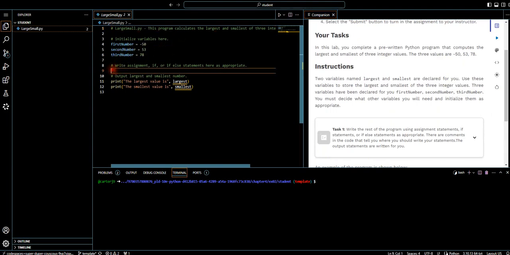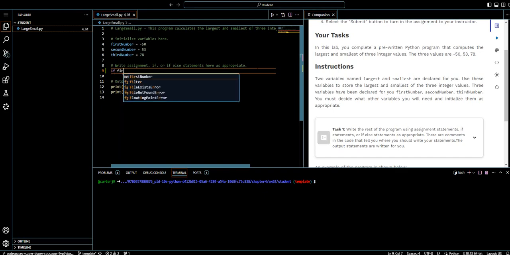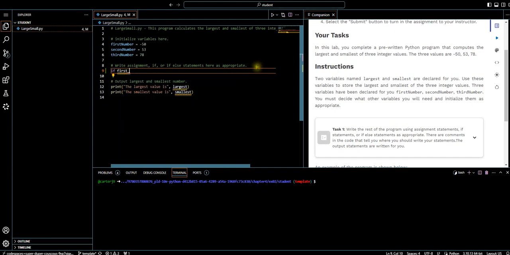And then here, let's start with, let's enter to give ourselves some space to work, and start with the first if statement. Some of these we can copy and paste. Let's get to it. If first number, it's not letting me do that, but number is greater than second number,